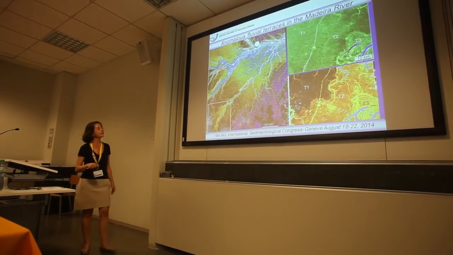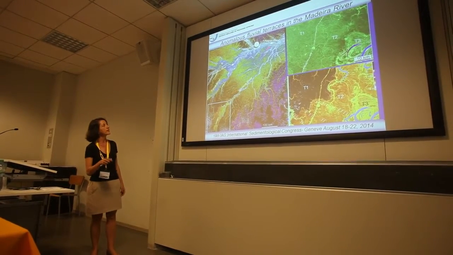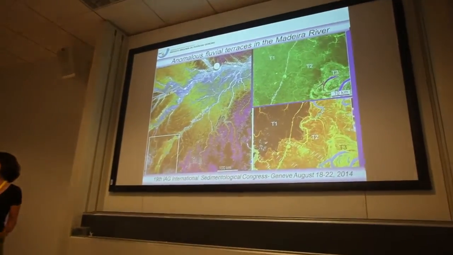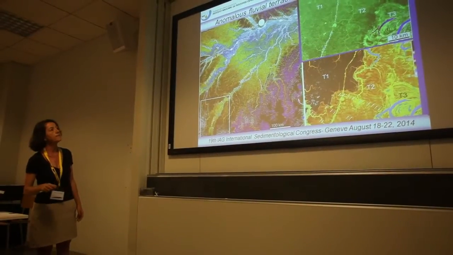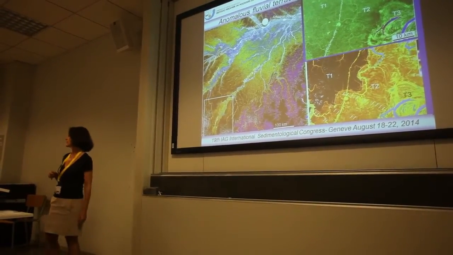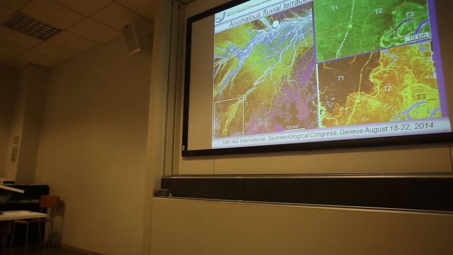Another thing that's very interesting is that we have a lot of terraces making the margins of this river system, but these terraces are concentrated in some specific places. They are very well developed in this area here, but in the rest of the area, and also upstream, we have very few, very narrow terraces. So I was wondering, when I saw this for the first time, why these terraces are so well developed at this specific point, and then we started looking at some images to see if we could figure that out.